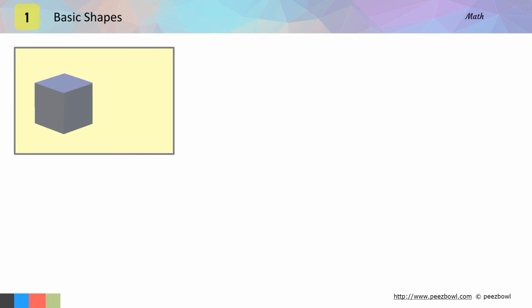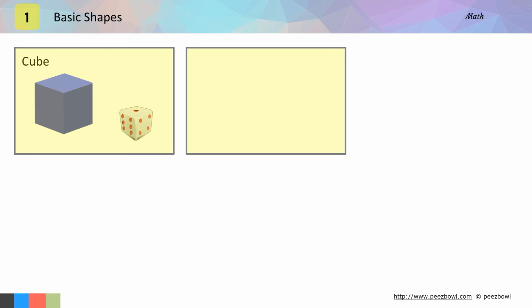First, we have this shape. This is a cube. All sides or faces of a cube are equal. This is a solid shape. Can you think of an example of a cube? Yes, a dice, which you can use to play Ludo and other games. Okay? I will show a few more three-dimensional pictures.